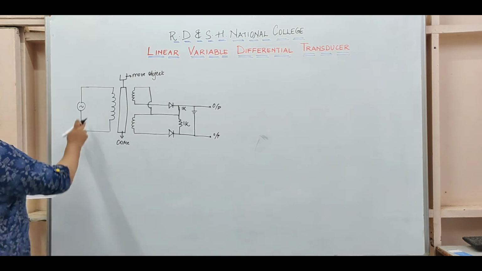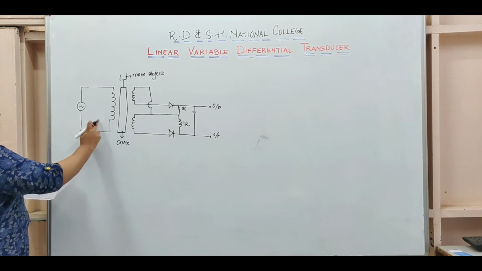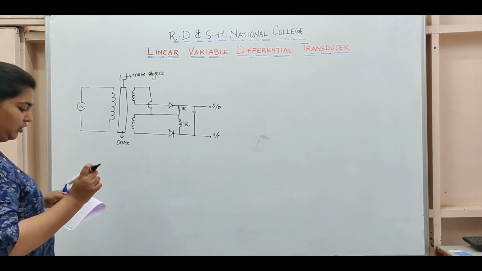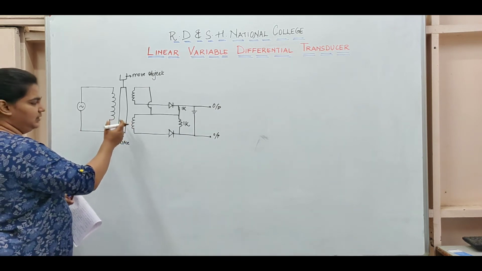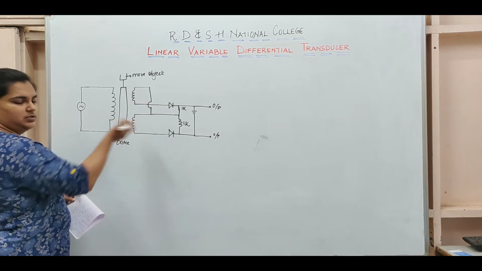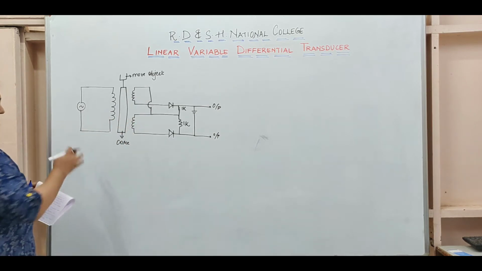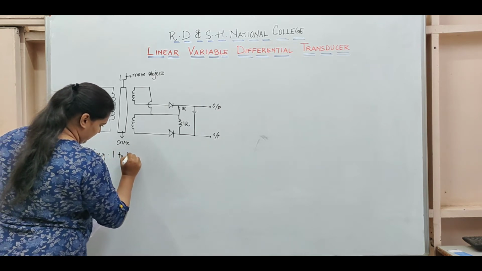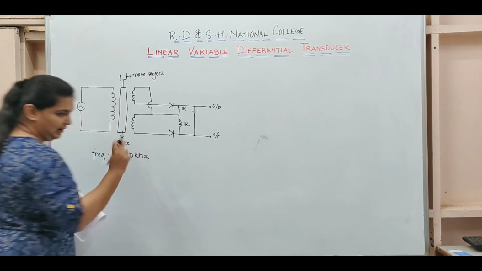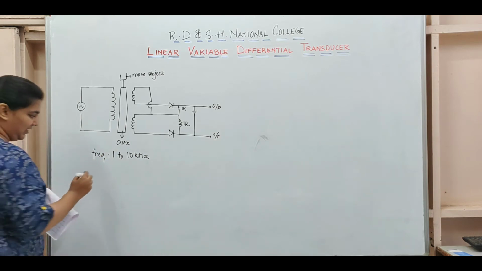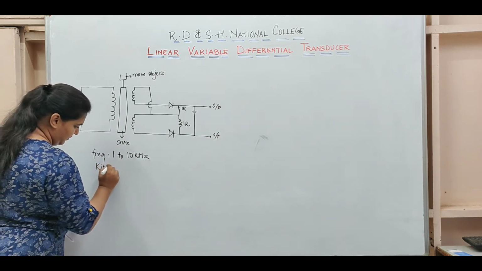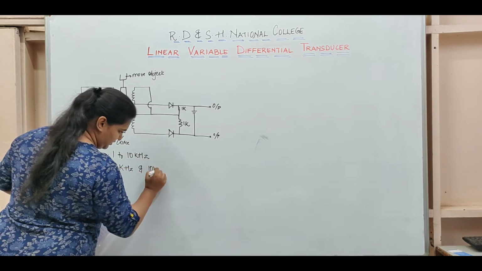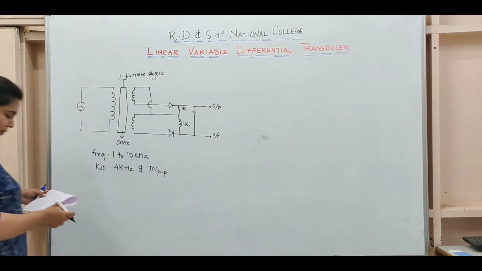Now when I apply AC current to this primary, this current has to be of a certain frequency and amplitude to excite the magnet to produce a mutual inductance with the secondary windings. In our case, generally this frequency has to be in the range of 1 to 10 kHz, and the amplitude has to be a substantial amount. For our kit, this frequency is generally set at 4 kilohertz and the amplitude is set at 10 volts peak to peak.